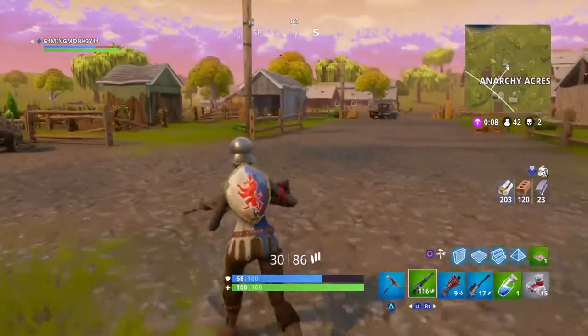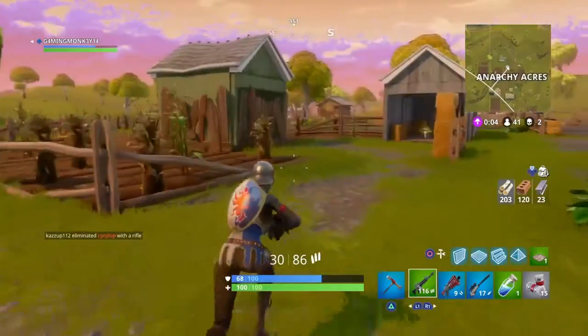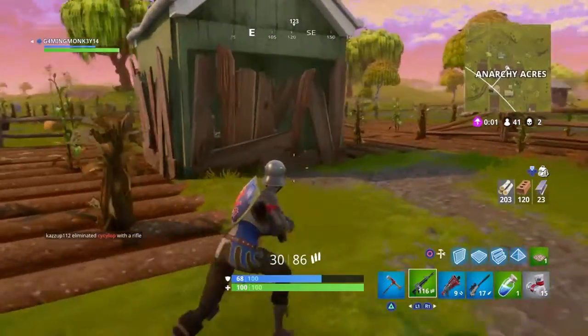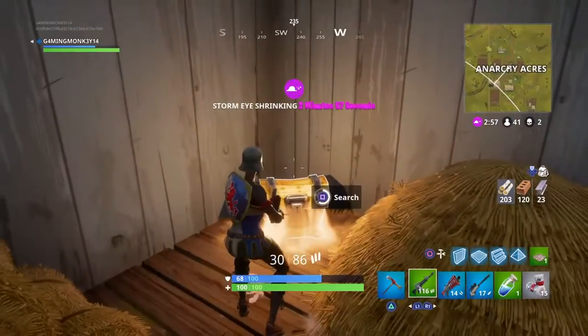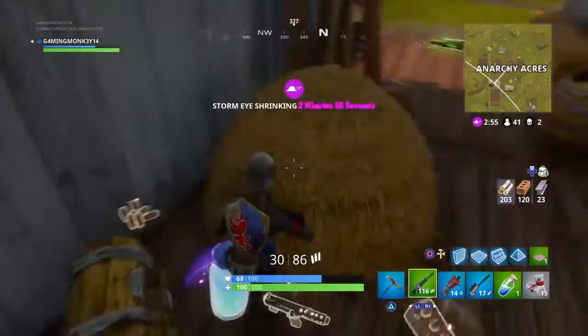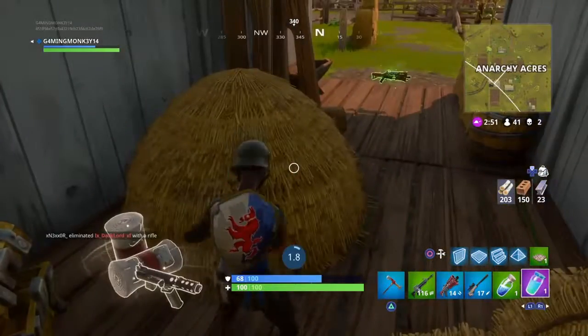For your third slot then, you want your med kit or shields. For the third and fourth slot, you want your med kit and shields, or bandages and shields, or mini shields, all that, anything like that, or slurps, as you see. And for your final